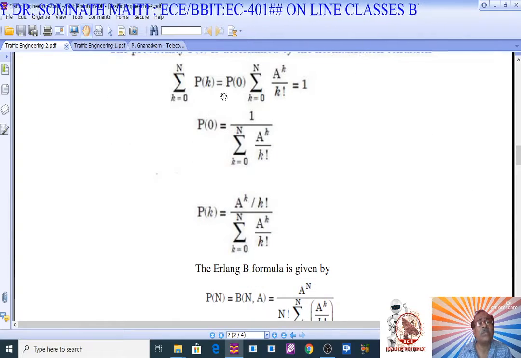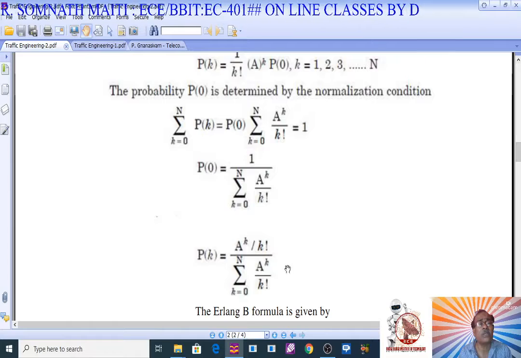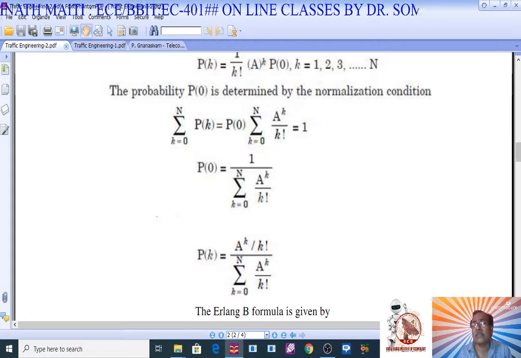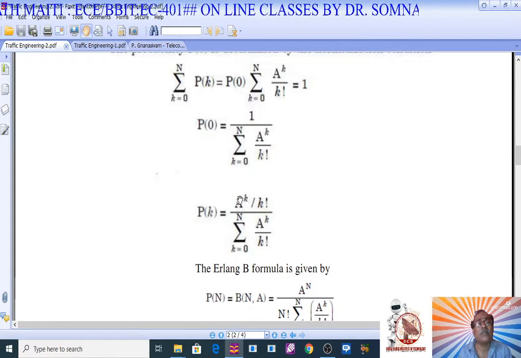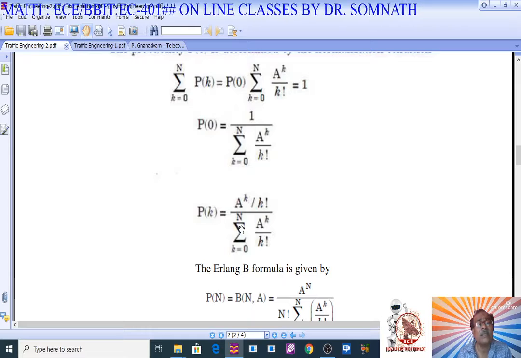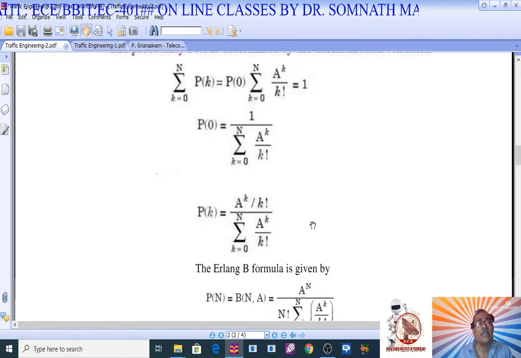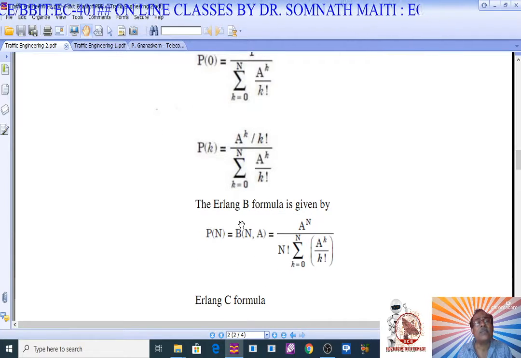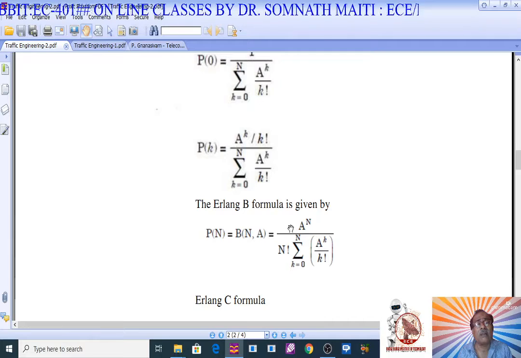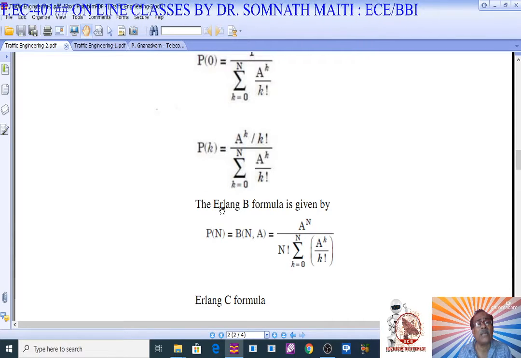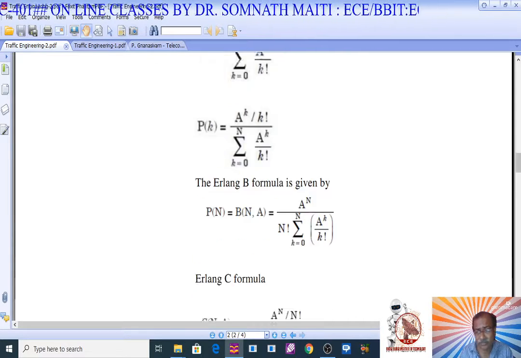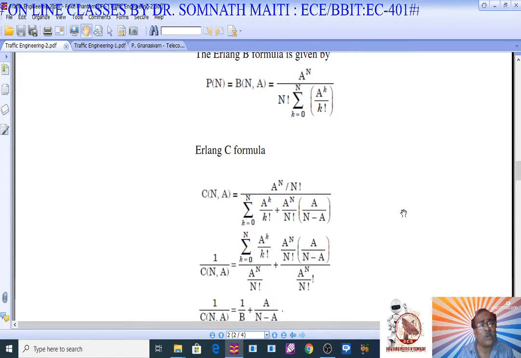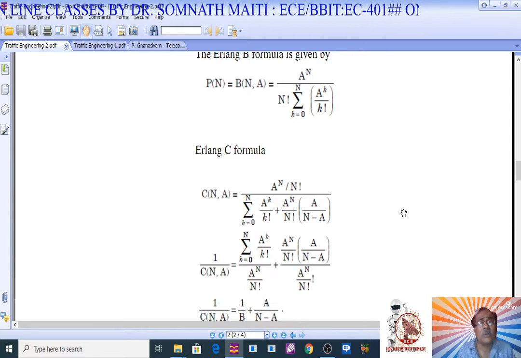Now once you get P0 equal to this, you substitute the value of P0 from here into Pk. So you will get this one. It will be A^k by k factorial, over the summation of k equals 0 to n, A^k by k factorial. This formula is known as the Erlang B formula. There is another formula which is called the Erlang C formula,